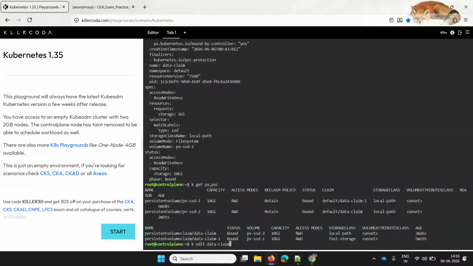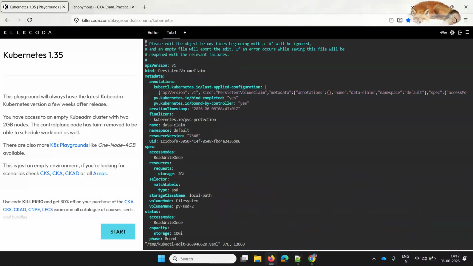First, I will try to edit only the PVC which is data claim, and here I will edit the resource request storage to 3. If you see here, the storage class is local path, correct?